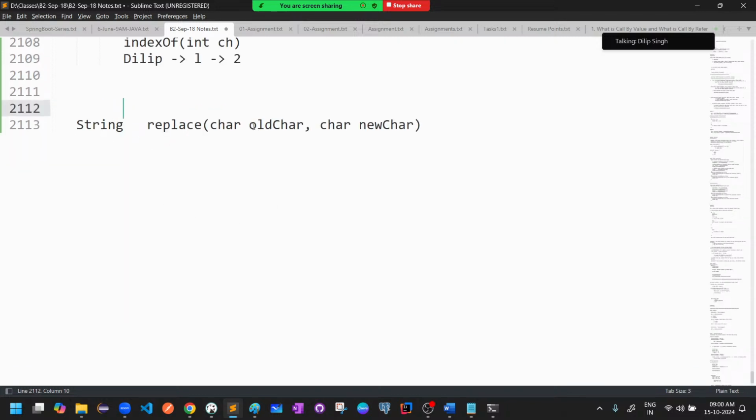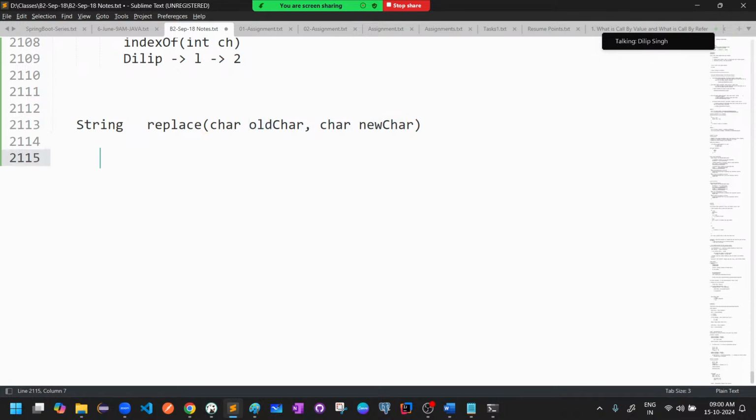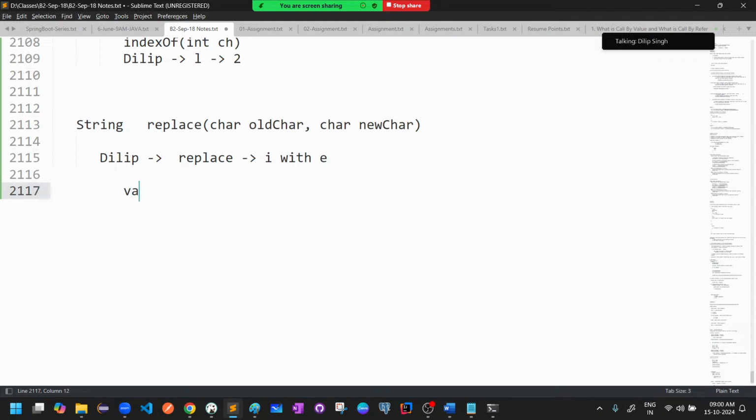If I give a string value, I want to replace an old character with a new character. For example, I have a word called Dilip, and I want to replace, for some reason, whatever it is, I with E. Then what will you do? Simply string name equal to Dilip. First it is Dilip only, but you want to replace I with E. Every I should be replaced with E in the entire string. So then name dot